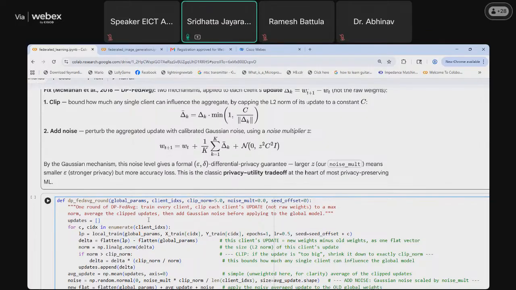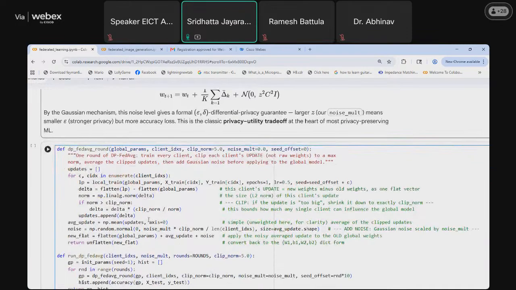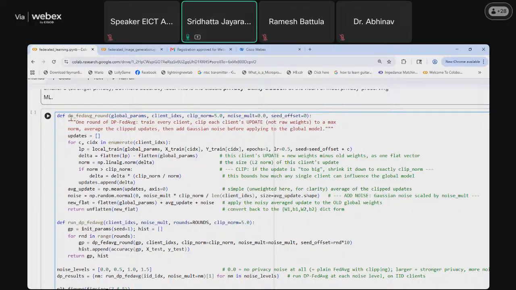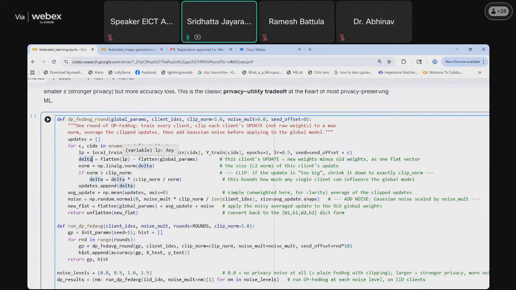Now coming to the implementation, we have defined the function dp_fed_average_round. It goes round after round with each of the client IDs. In a round, we do local training, and after local training is performed, the difference in parameters is stored in delta, and the norm is computed on this delta.